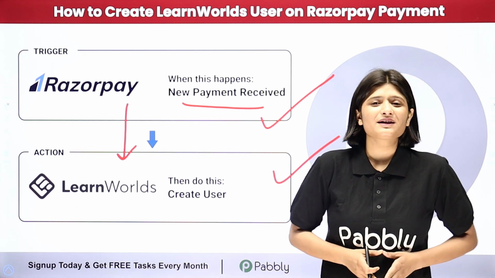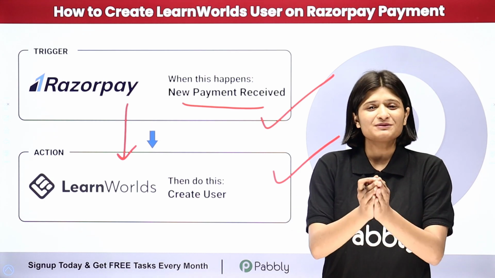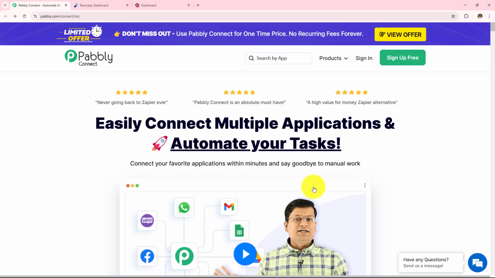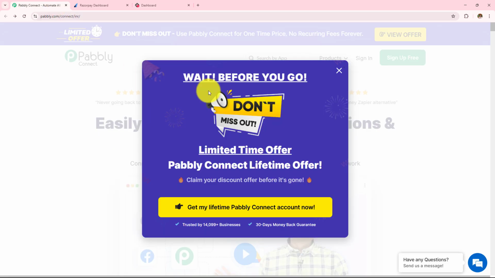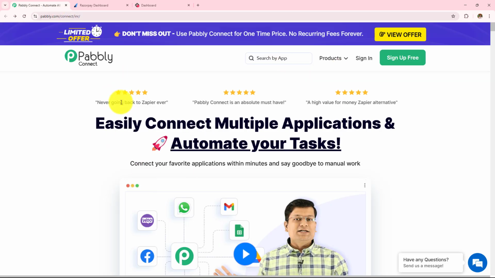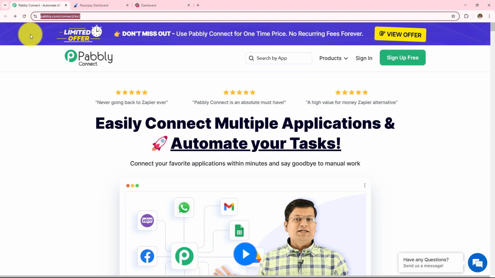Now if you want to learn this amazing automation step by step, then let me take you all to my screen. In this video, we are going to learn how to create LearnWorlds user on Razorpay payment. For this, we are going to create automation between Razorpay and LearnWorlds with the help of Pabbly Connect. So this is the landing page of Pabbly, and you can visit this simply by typing